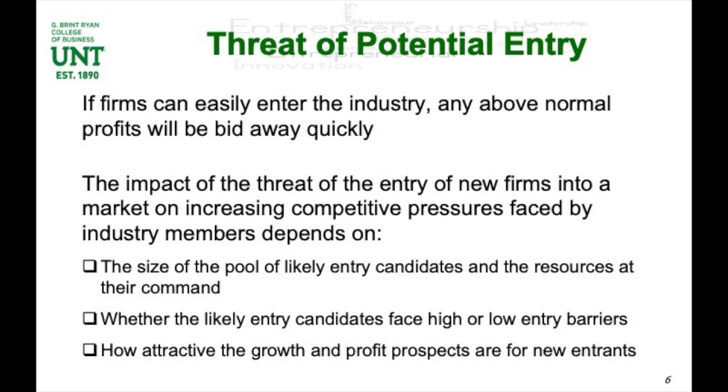So the thought process is that if companies can enter an industry very quickly, then any above normal profits are going to go away. Because think about this, right? Some company is going to offer whatever product you are charging, let's say $5 for, and let's say your true cost is something like $3. So you make an above normal profit of $2. Well, another company is going to come in eventually and offer it for $4, bringing profit down to $1. And eventually a company is going to come in and say, we're okay getting almost nothing. We're going to charge about $3.02, right? And maybe 2 cents profit. And that makes it not feasible to compete in an industry.